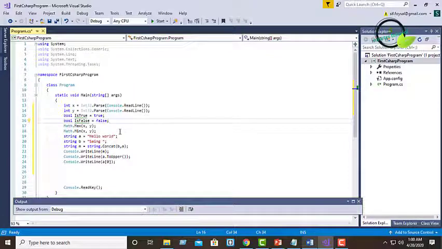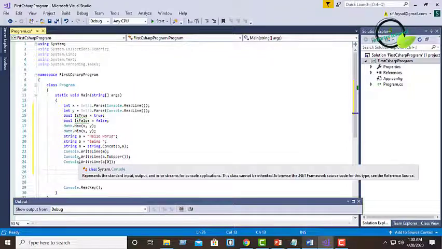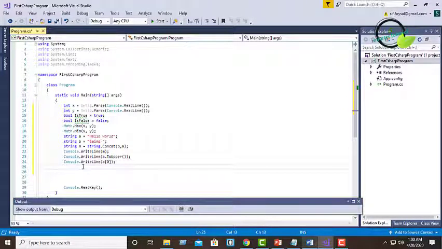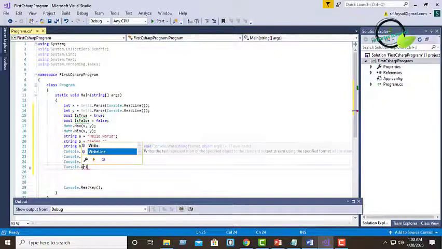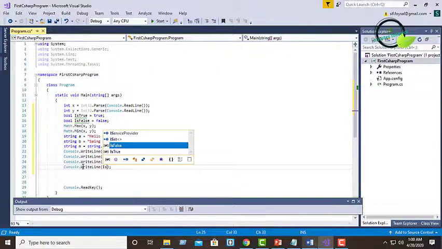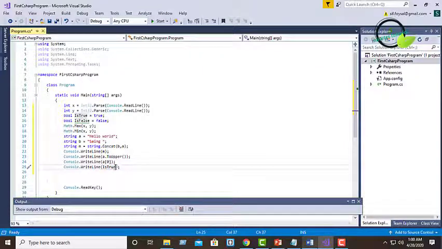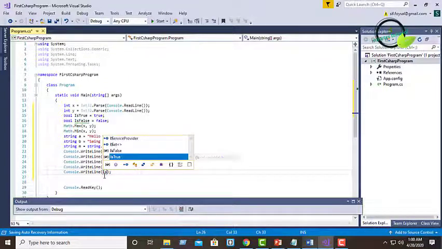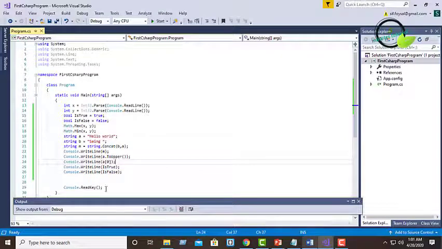Now I'll print both bool variables. So Console.WriteLine isTrue, Console.WriteLine isFalse. Okay.